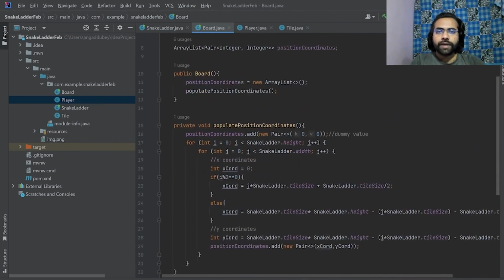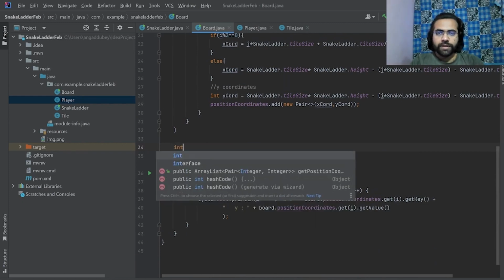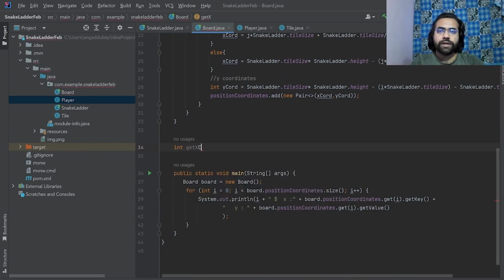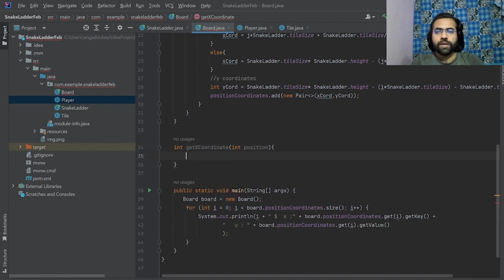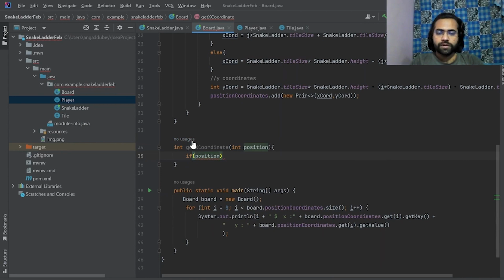Let's say here we have int get x coordinates, int position, and if position is greater or equal to 1 and position is less or equal to 100, then we can simply return,